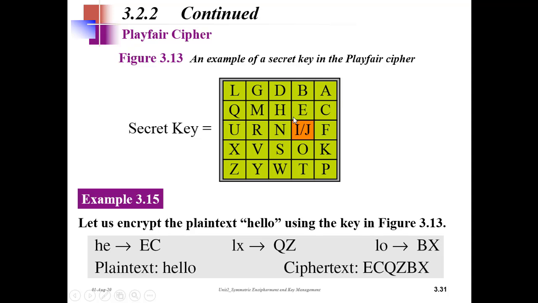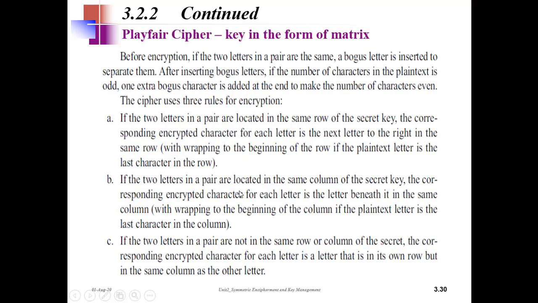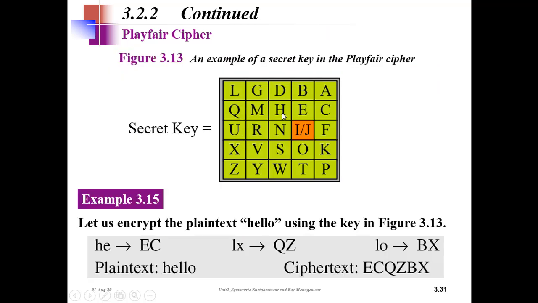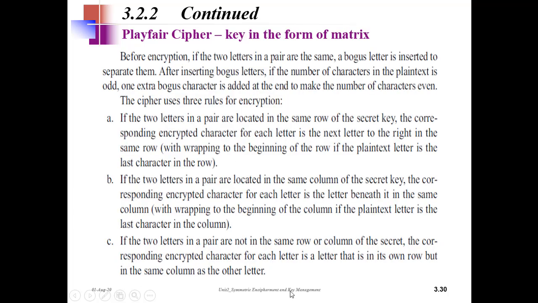So similarly, next we have LX. So if you observe, it is LX. So they are in the same column, right? So you observe the same procedure, but we use the column. Since they were consecutive, we used the consecutive thing here. But here L and X are not consecutive, but they are in the same column. So after L we have Q, and after X we have Z. So QZ, right? Then let's see LO. So L and O, they are in different rows and different columns. So that is the third case.